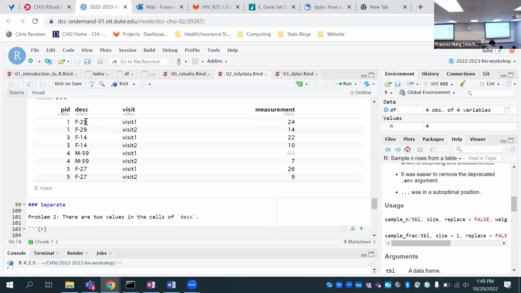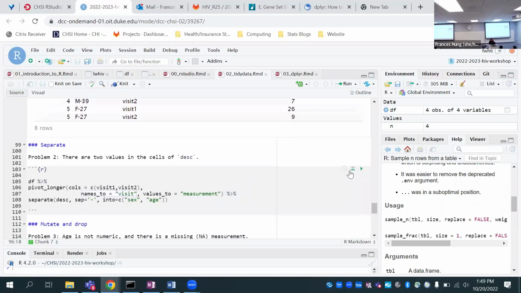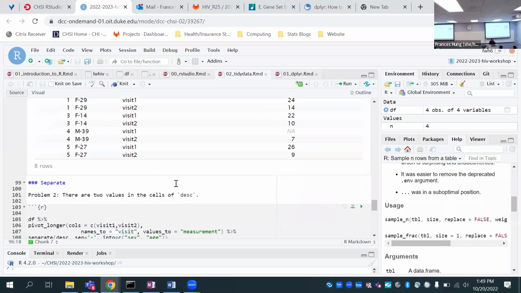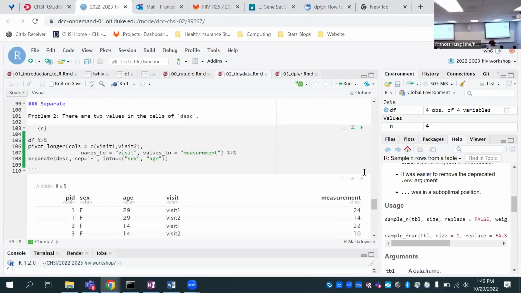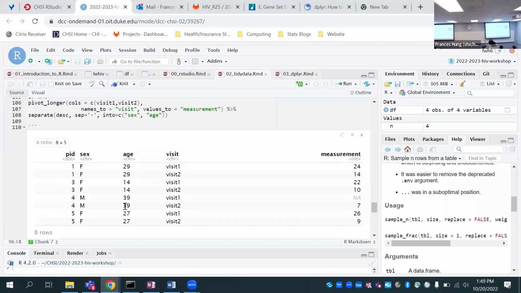We have sex and age. So what we can do is separate these out into 2 columns, 1 for sex and 1 for age. So we are going to just run this and see what happens before explaining. So now we see that we have a sex column and an age column.